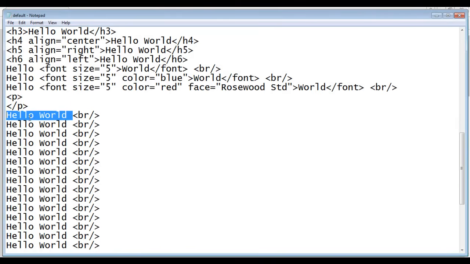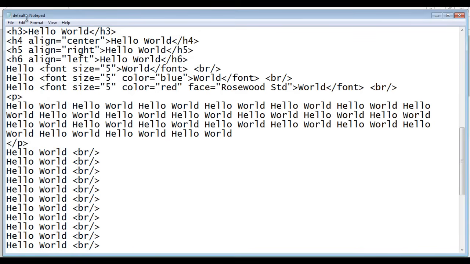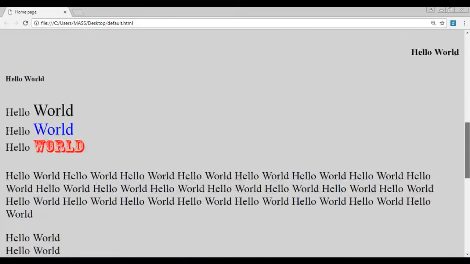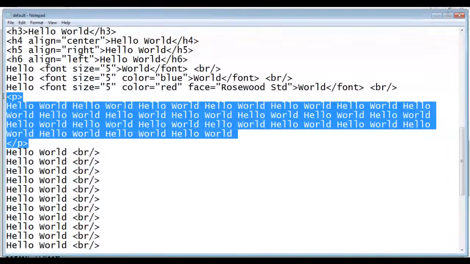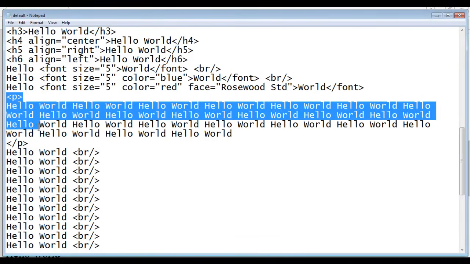So I'm going to copy this content and paste it here. File, save, go to the browser and refresh. You should see the paragraph displayed here. You can see the paragraph is displayed, right? And we can display any number of paragraphs, and paragraph is a block level tag. I need not have a break tag before and after because the content will be displayed automatically on a new